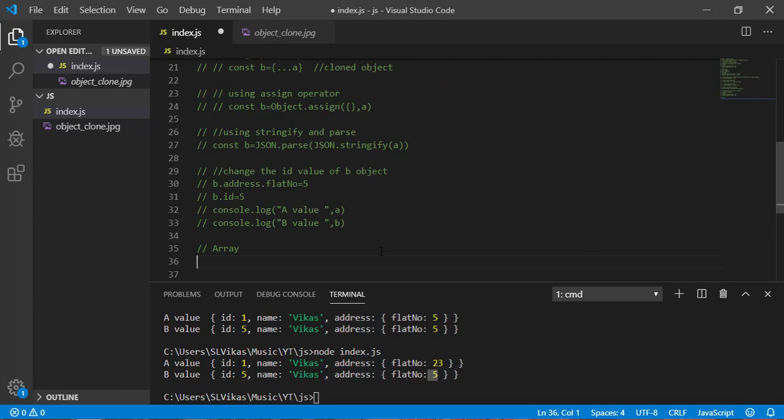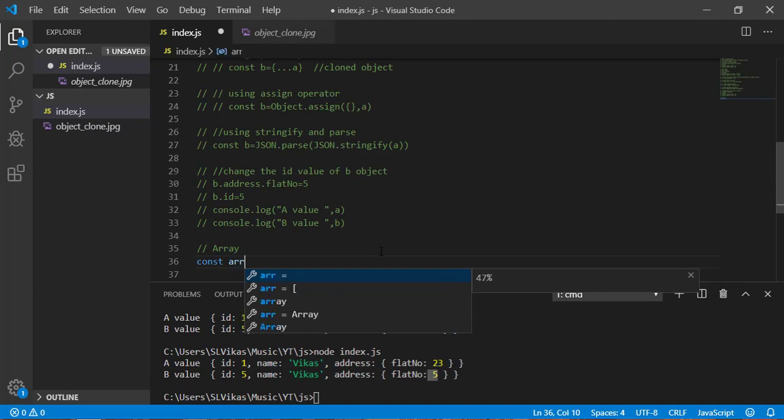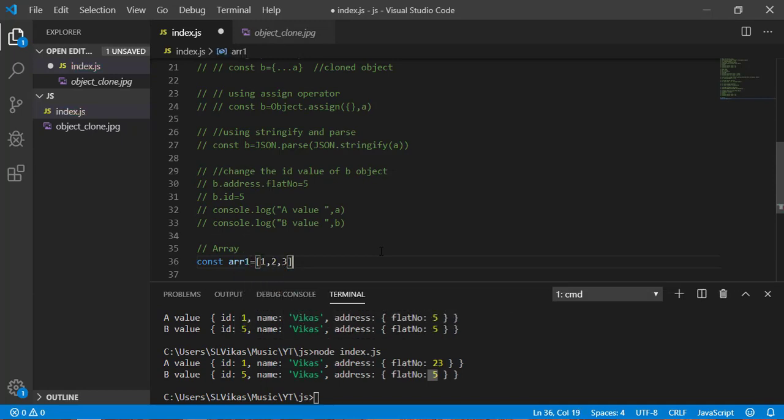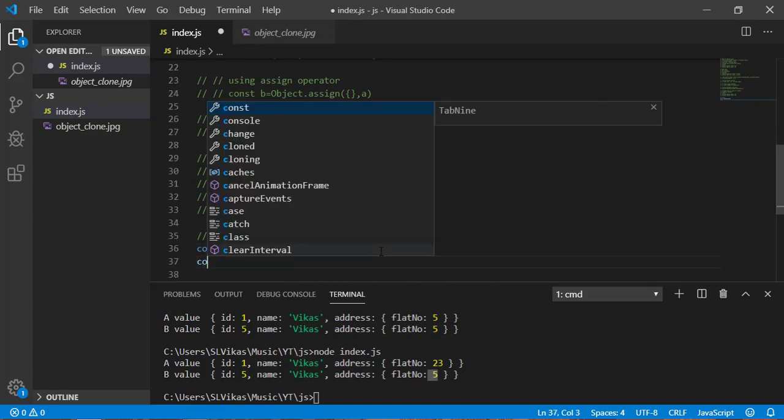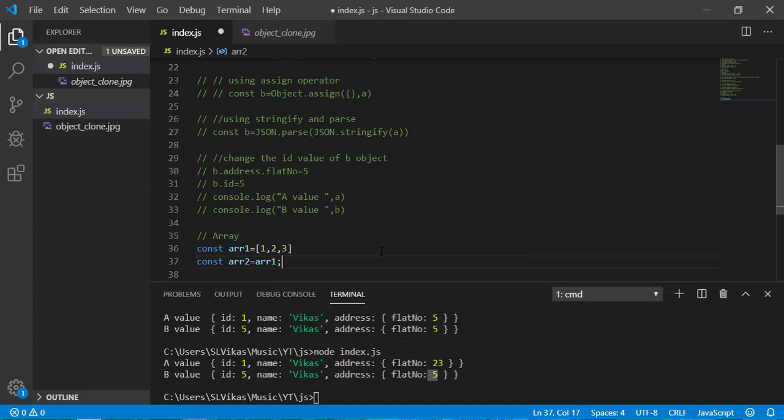Okay, now let's talk about this array. So copying an array is just common as copying an object. Let me declare here array1 with some values 1, 2, 3. Okay, now let me declare another variable array2 equal to array1.